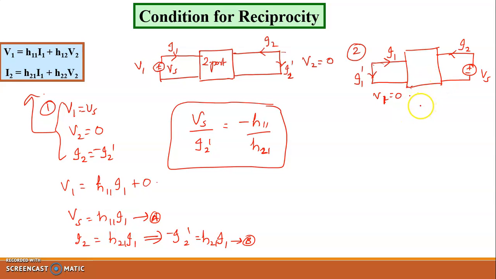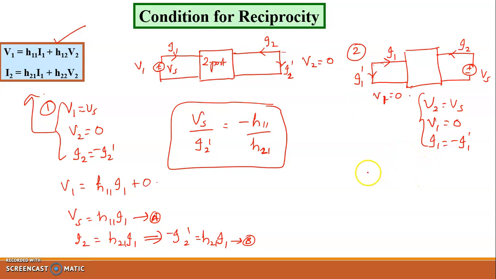So the conditions here are V2 is equal to Vs, V1 is equal to 0, and I1 is equal to minus I1 dash. If I connect the excitation at the output side and take the response from the input side, I have these conditions. Substituting them in the set of equations,